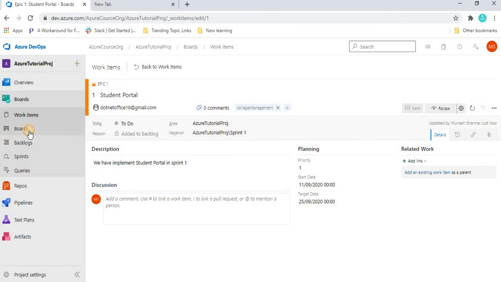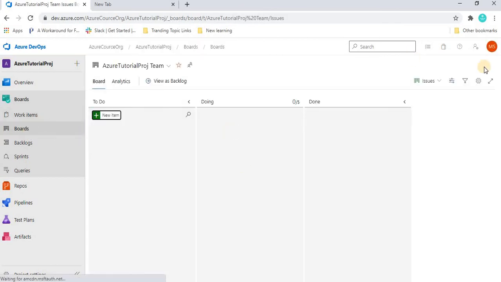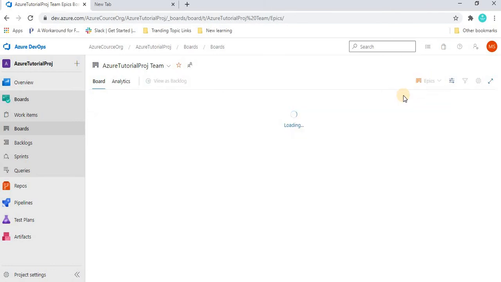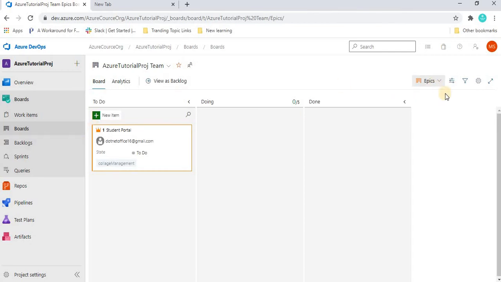Now let's go to the board. When you go on the board and click on the epic, generally from here also we can make it, and when we select the epic, we can see it is showing the epic in the board, and it is currently in to do. Now suppose under this epic I want to add a work item or issue. We can do that, just click the three dot button, and under this you can add the issue, you can add the test. And if you want to create only a single issue, then you can also add it as a single issue.